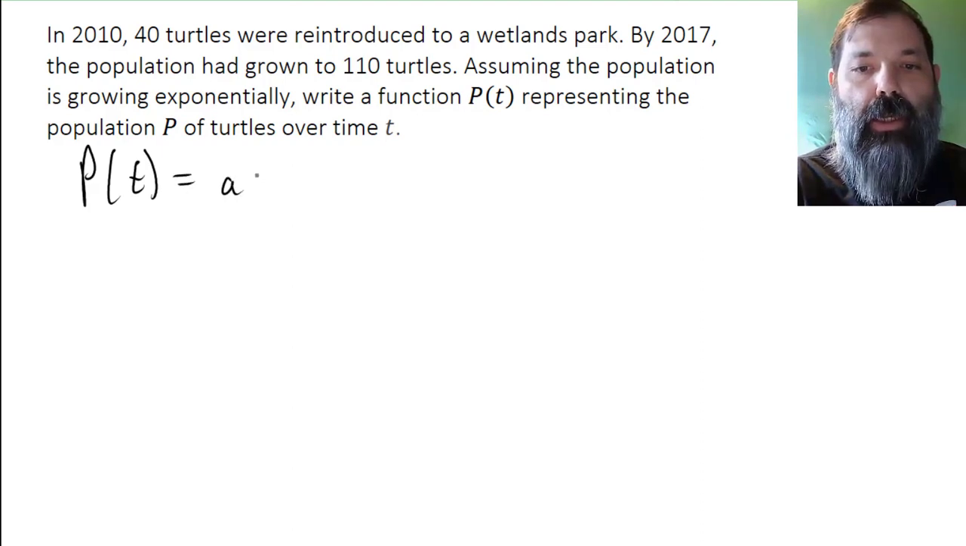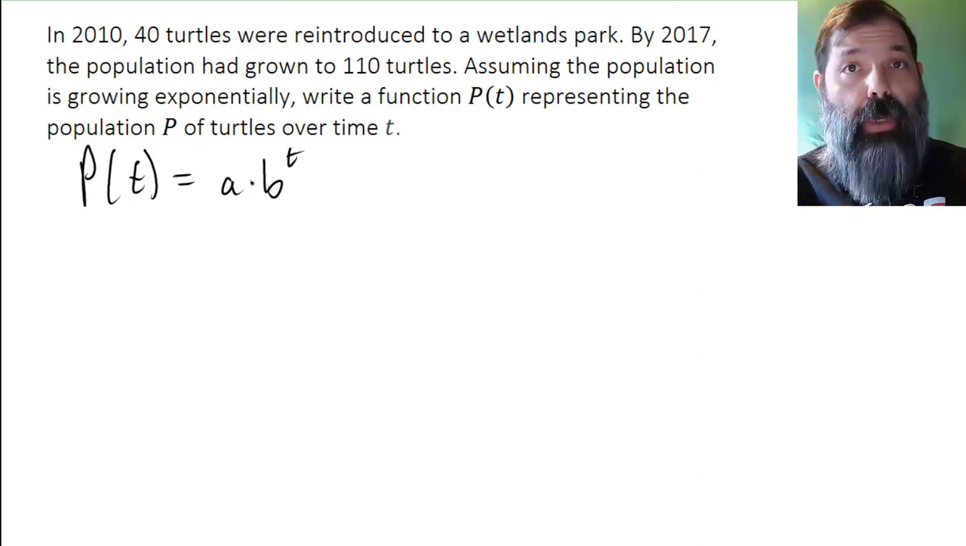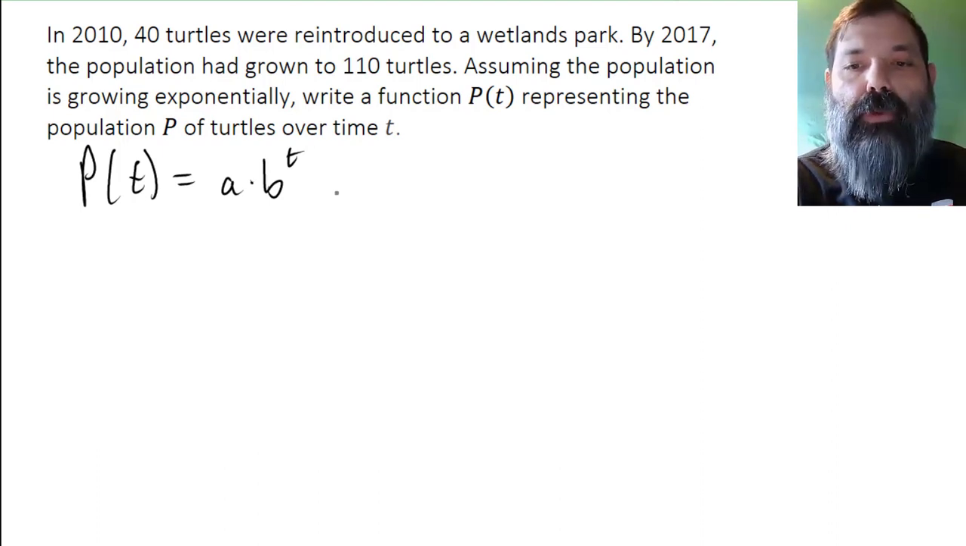Since we're told that the population is growing exponentially, we want a function of the form p of t is some a times b to the t. We have to figure out the a and the b that make this work. And what we will do is we will let t represent the years